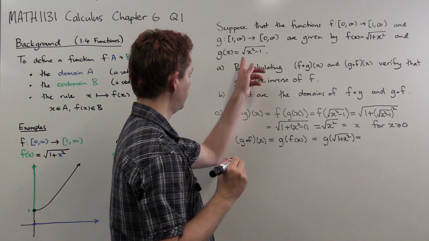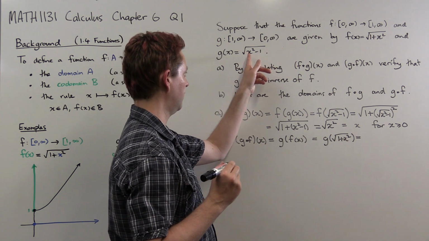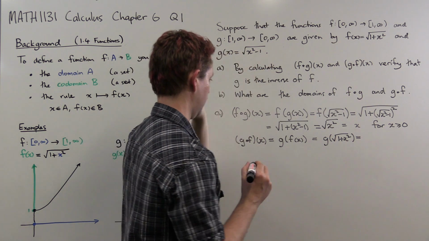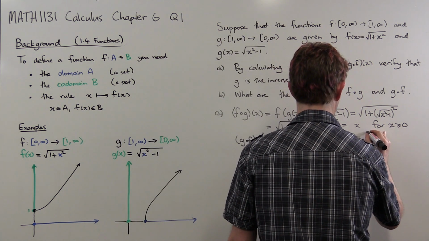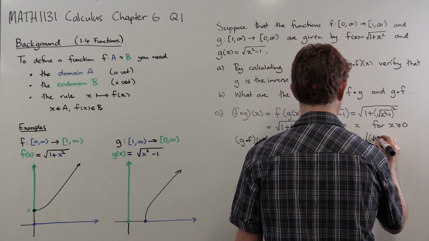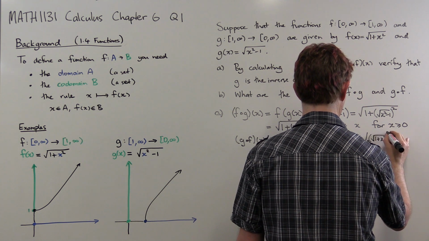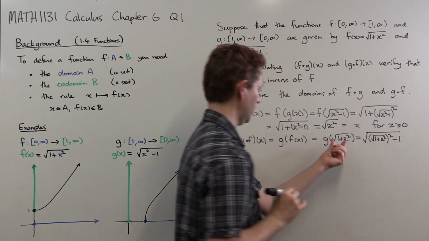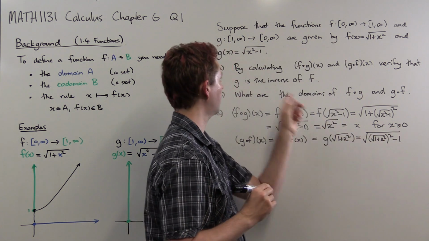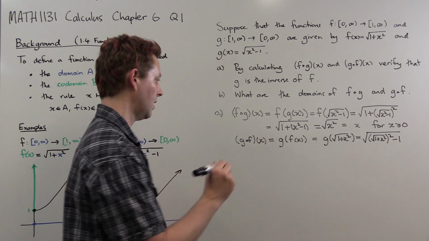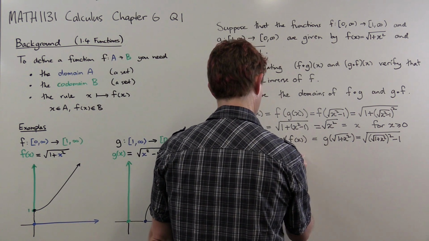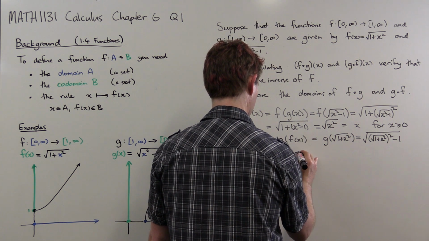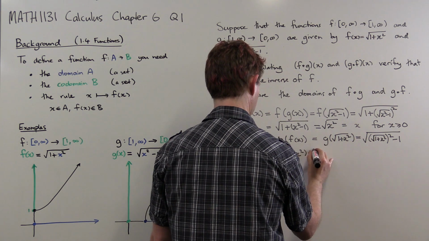And what does g do? G takes its argument, first of all squares it, subtracts 1, then takes the square root. So we want the square root of this. We've just put this into there, where the x goes in there. And so this is the square root of 1 plus x squared minus 1,